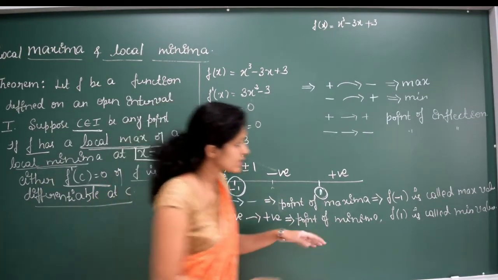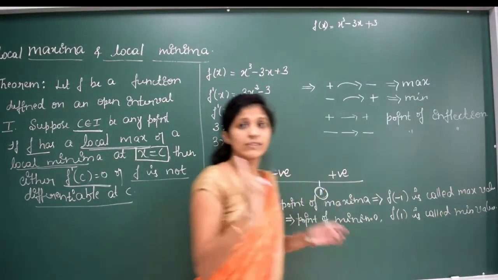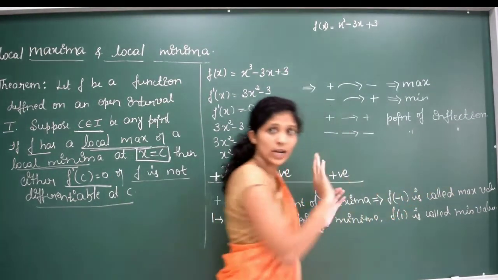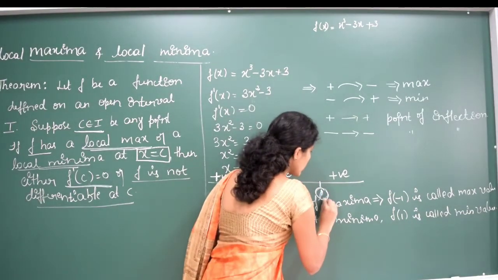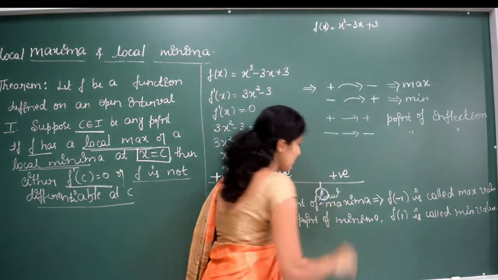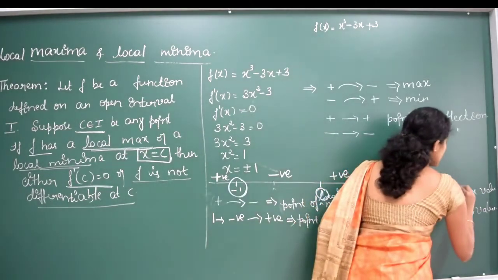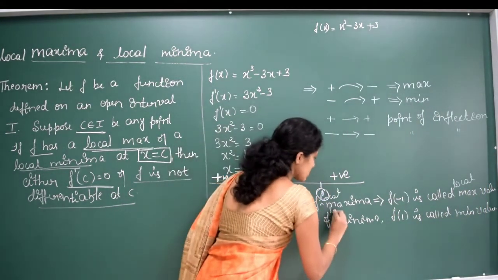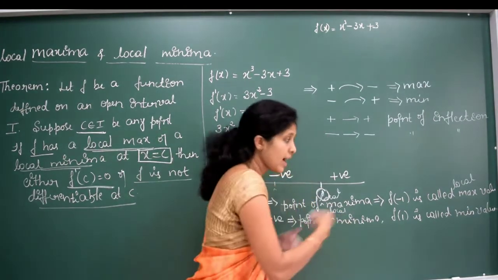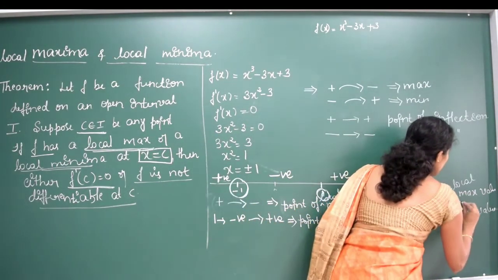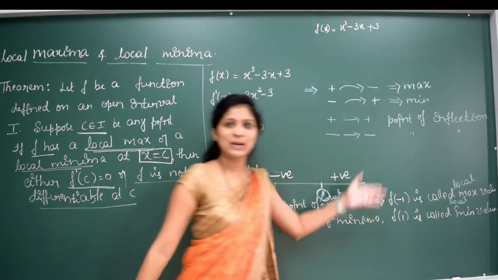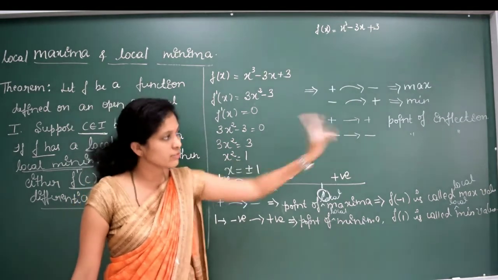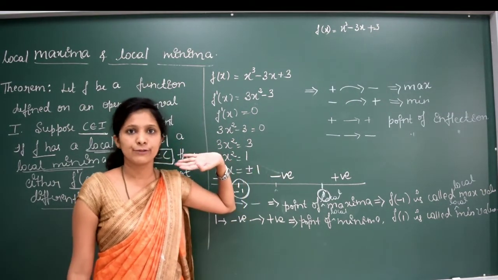Okay, sorry for this. So this should be a local maxima. We are speaking about the local maxima and local minima. I told you maximum value and minimum value. No, it is local. Sorry for this. Local maxima and local maximum value. Is it clear? This is also a local minima and local minimum value. Local is very important. Another one is the point of inflection.